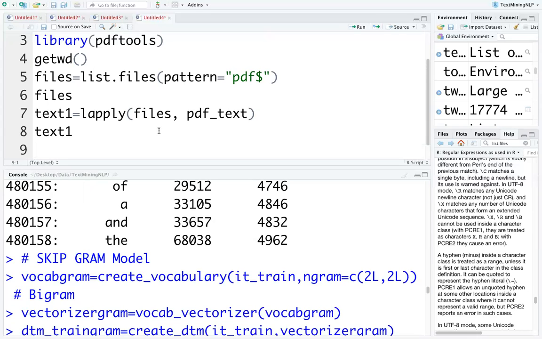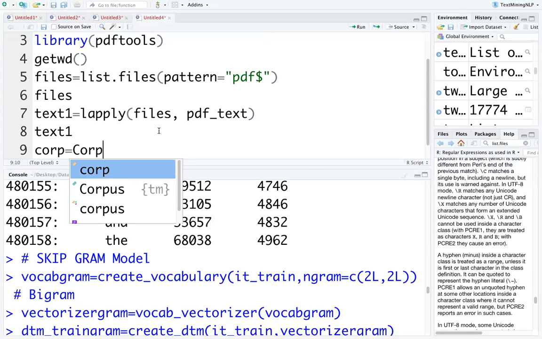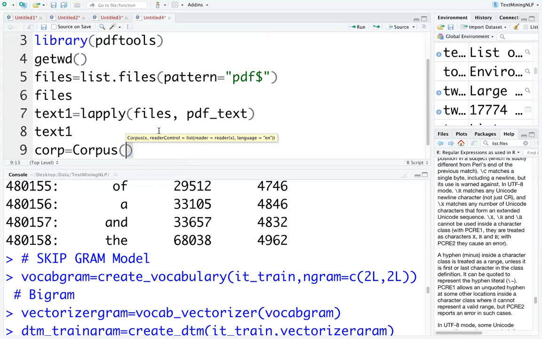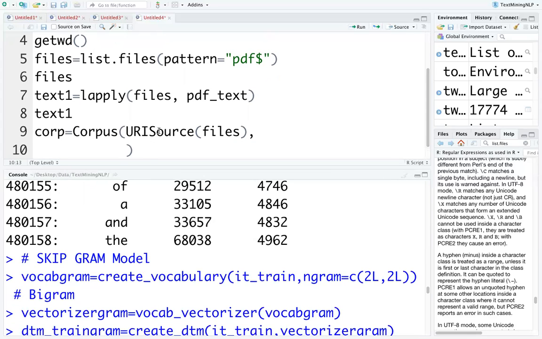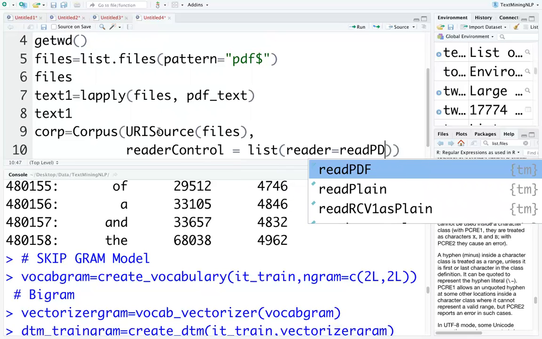So I can call that text clean function here. Let us say corpus, equal to Corpus(URISource(files), readerControl equal to list(reader equal to readPDF